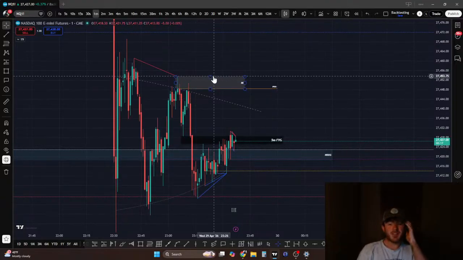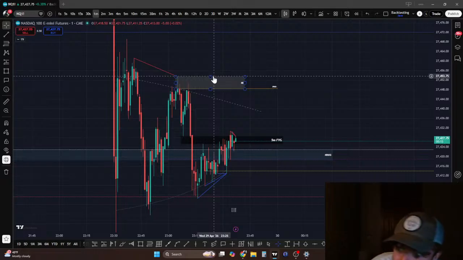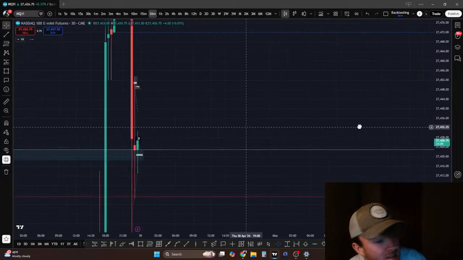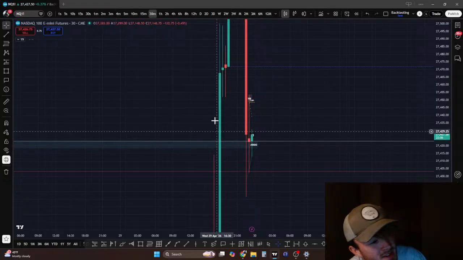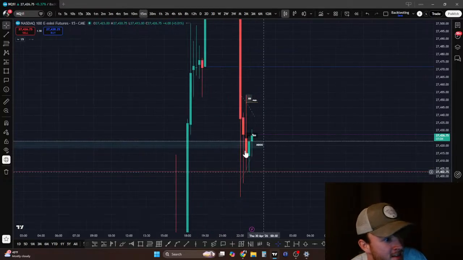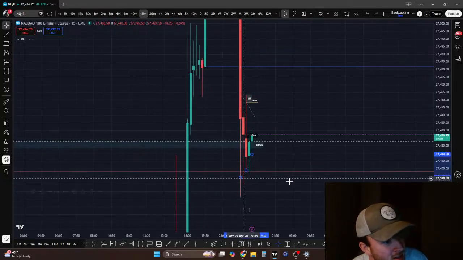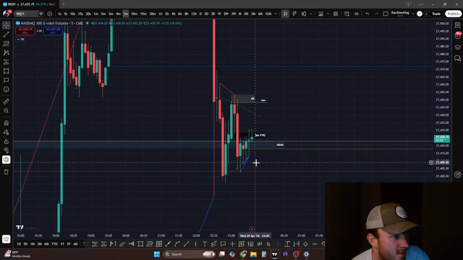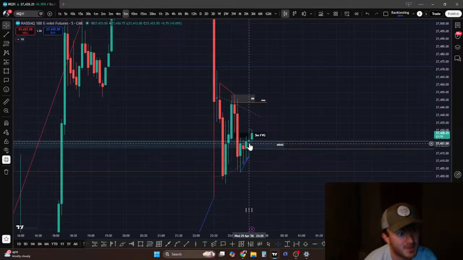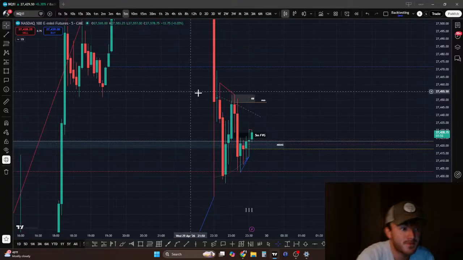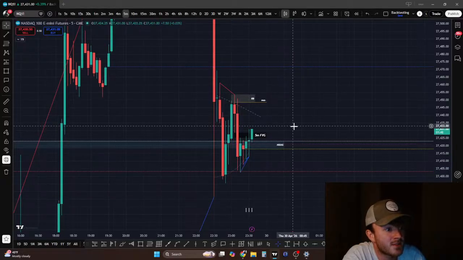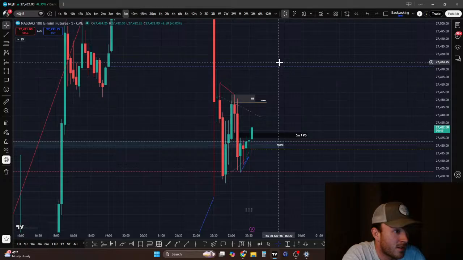I'm just having fun tape reading and trying different trades. Once again, nothing here is high probability, really. So 30-minute looks nice for not longs. You guys get what I'm trying to say? Nothing here in my buy book is really good for a real trade. I just like practicing stuff on demo, to experiment around. That's just the reality of it. So hopefully you understand that. But yeah, this looks like the 5 minutes is gonna inverse here.